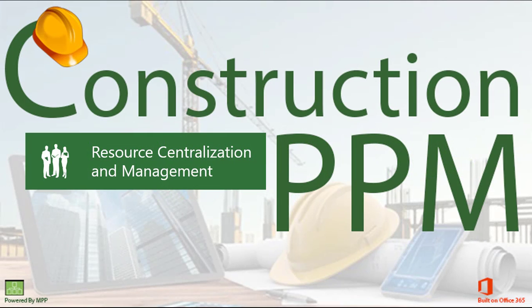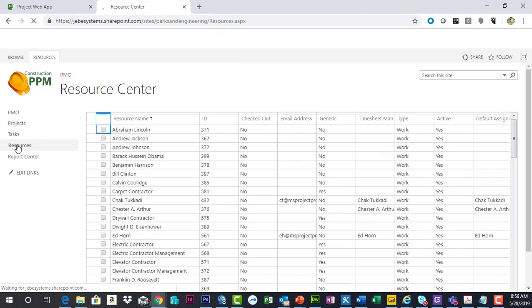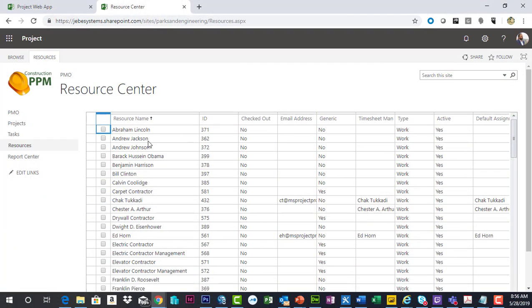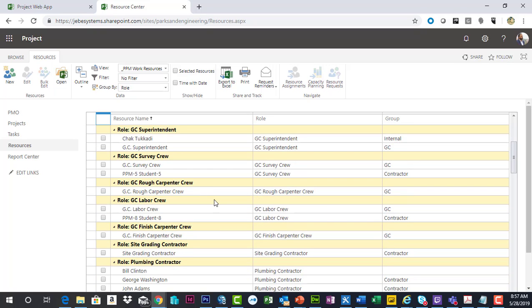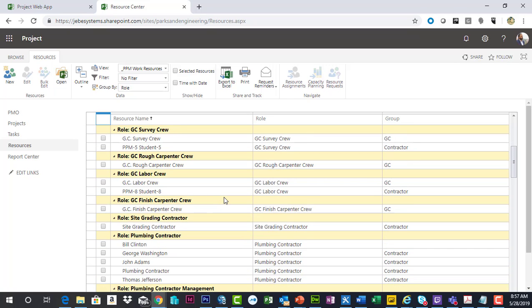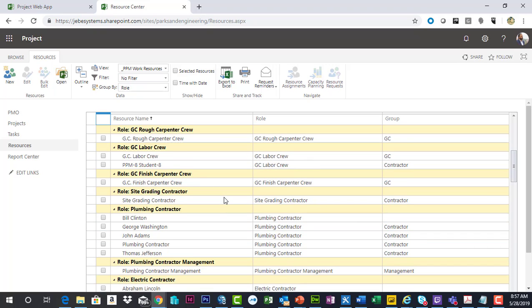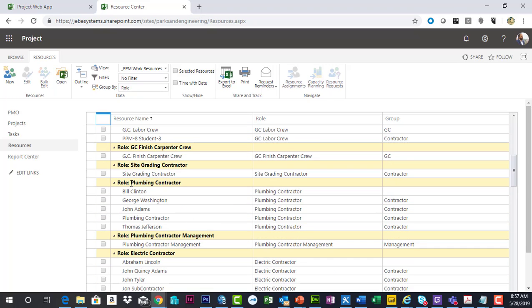Now, the other central focus area is around resources. Construction PPM gives us the opportunity to bring all of the resources that are working on the various projects that you're managing and put them in one place. Whether they are full-time employees that we're managing on projects, or external vendors, contractors, general contractors, other resources that we are going to be working with, including material resources that